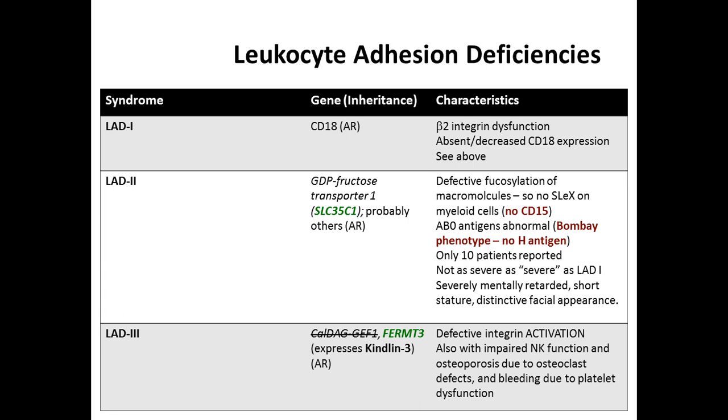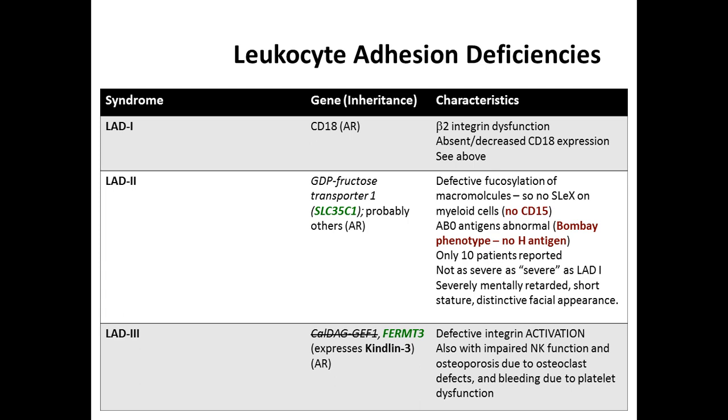So if there are other carbohydrates that are stuck on cells that sort of co-segregate with this, the Bombay phenotype seems to show up. I think that was even in the board review outline. So you have no H antigen on your red cells. So if you have someone with leukocyte adhesion deficiency and you do flow cytometry and there's no CD15, or if they say they have the Bombay phenotype, of which there have been 10 patients in the world reported, that's the correct answer. Okay? And it's not as severe as leukocyte adhesion deficiency. These patients also have severe mental retardation and other problems because binding carbohydrates is important.